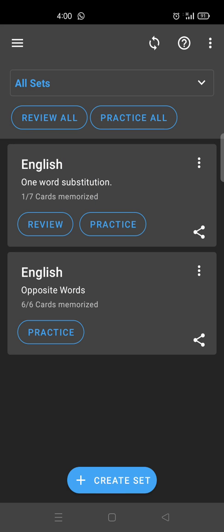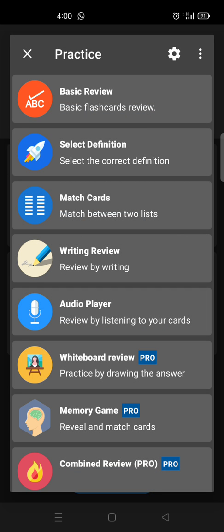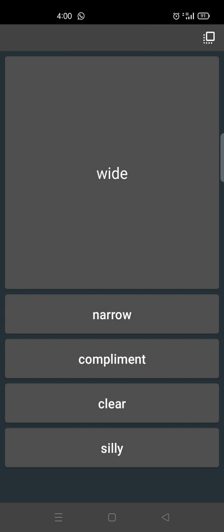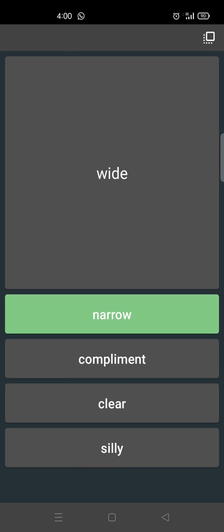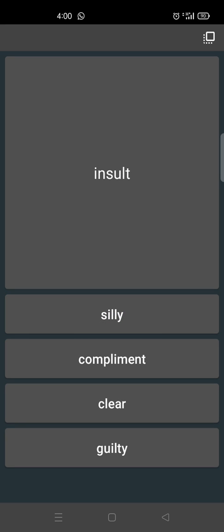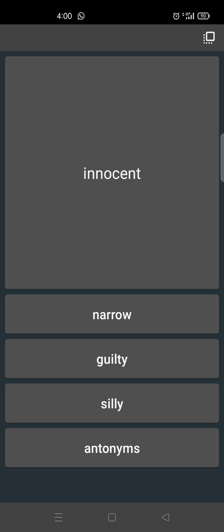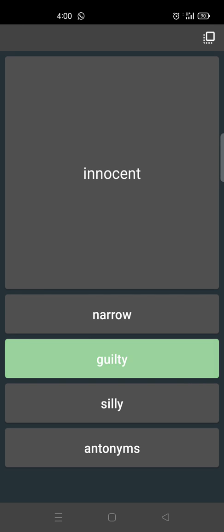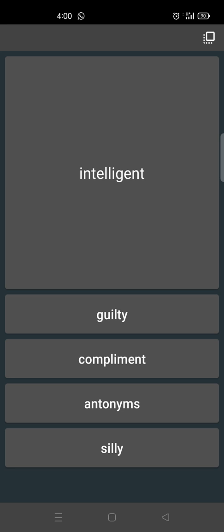And the other mode is select definition. It is like MCQs. Wide, narrow, synonyms, antonyms, insult, compliment, cloudy, clear, innocent, guilty, intelligent, silly.